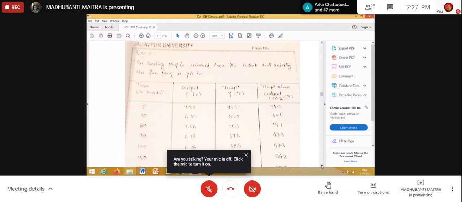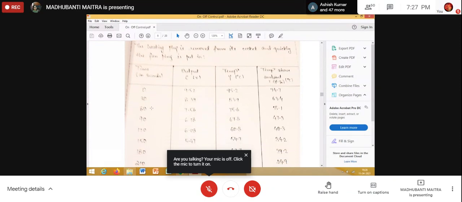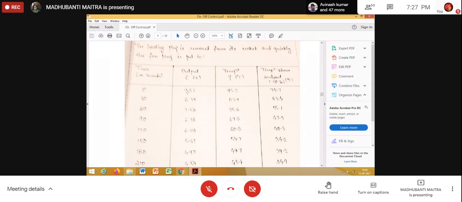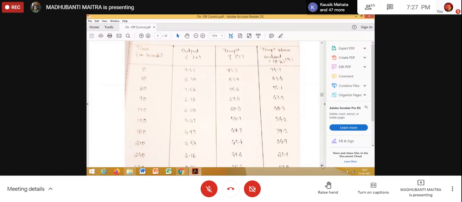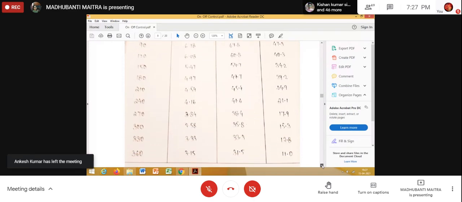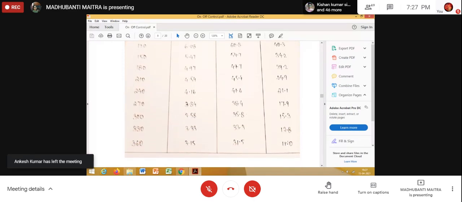So this is the process of cooling. So this is time t equal to 0. The output C was initially 9.52, that means 95.2 degrees centigrade, right? Now that is the temperature rise above ambient. Now since the fan is in the circuit, the cooling will take place, and as you can see, the temperature is gradually decreasing. And after 6 minutes, the temperature is decreasing to a value which is nearly equal to 31.5 degrees centigrade. So far is this clear?